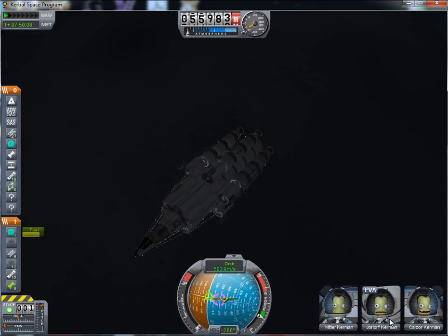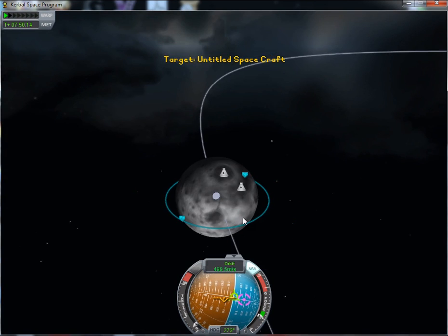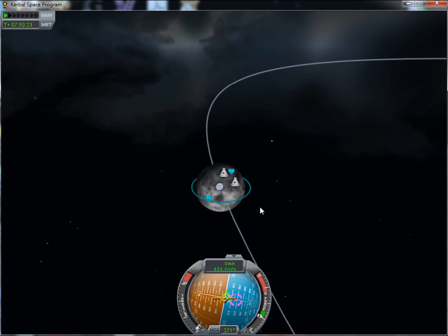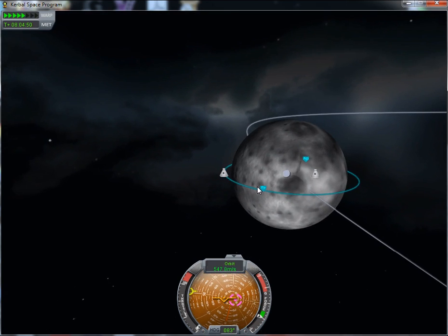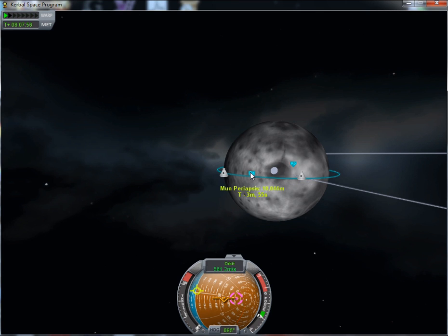Okay, this guy is enjoying himself. Now we want to, okay, that will do. Okay. Okay, we've brought our periapsis in, and we're off center for our target. So what you want to do here is you can burn either northwards or southwards to change your orbital path in that direction,